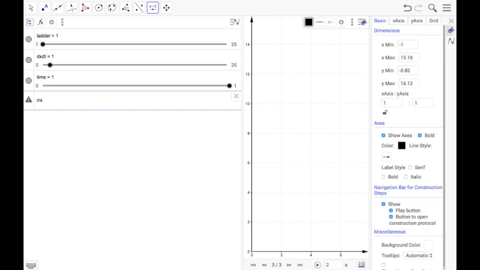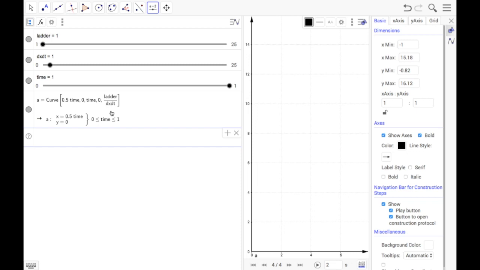To do that, there is a function in this tool called curve, and it's going to allow us to put these parameters that we just figured out. So we're going to use the first one here. The first expression is going to be for x, and we're going to use 0.5 t, and I don't want the y value to move, so that's going to be 0. The parameterized variable is going to be time, which is the slider that we're using, and actually this here should also be time because the parameter we're using is the slider. It's labeled as time, so each one of these has to be labeled time. The starting value is going to be 0, and the end value is going to be the same expression I used before, which is going to be the ladder divided by dx dt.